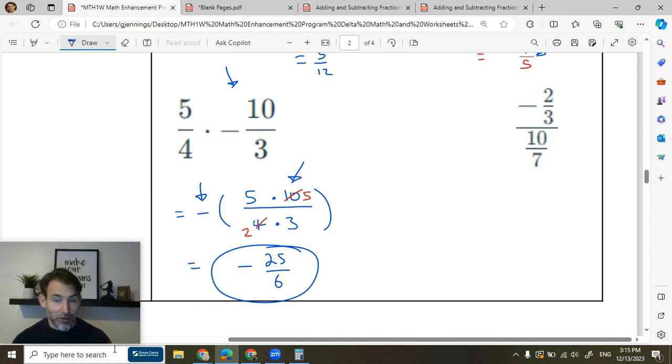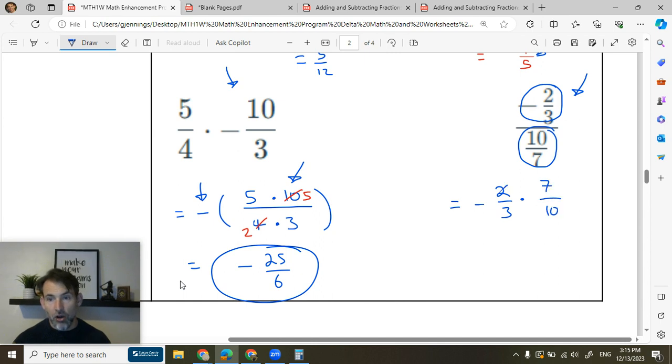Multiplying is fairly straightforward. I hope you'll agree. Dividing, on the other hand, has that one flip, and then it becomes a multiplication question. So this will look like this. I rewrite it like this. Equals, keep the top one, -2/3. Multiply by the bottom one, flipped,